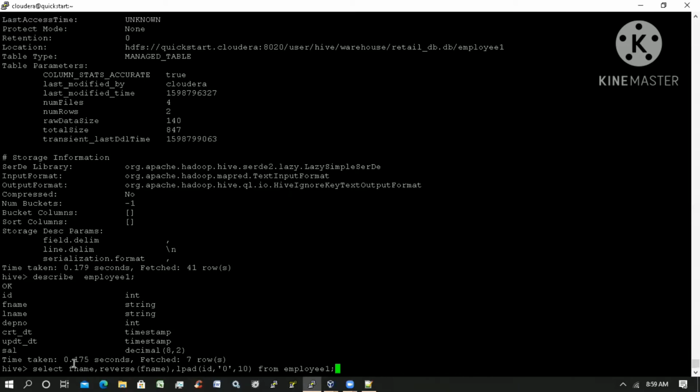LPAD's syntax is a little different. Let me check it. Describe function extended LPAD.